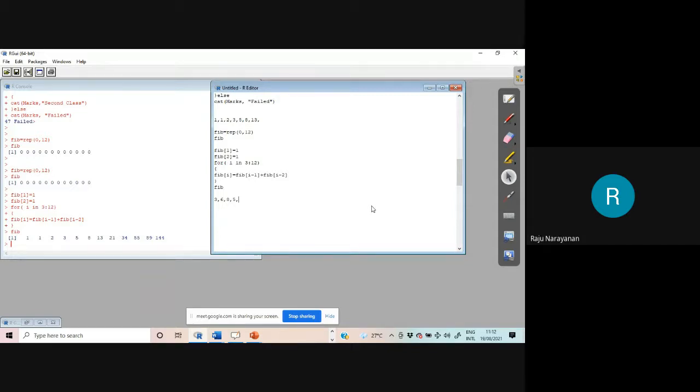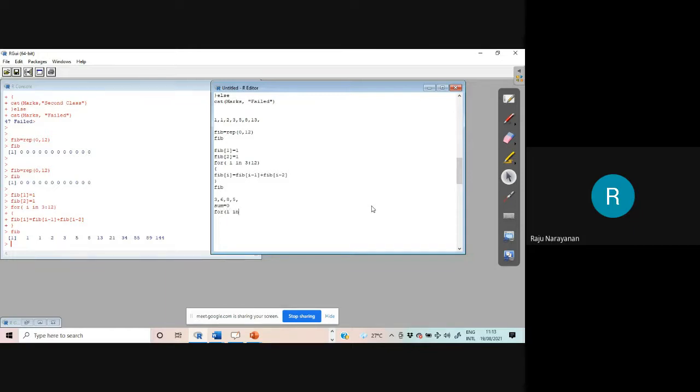Okay, therefore, what is to be done? Sum is equal to 0. That is empty. Sum is equal to 0. To that 0, I will add number 1. First number 3. 0 plus 3 is 3. That is, current sum is 3. To that 3, I will add 6. Therefore, it is 9. To that 9, I will add the third number 8, 17. To that sum, I will add 5. That's all.